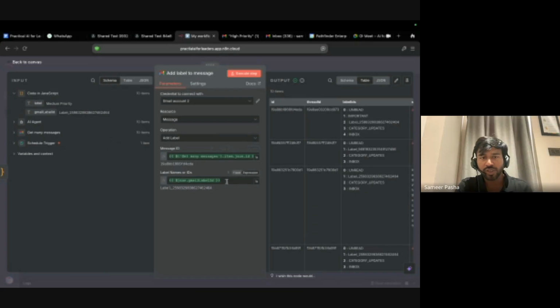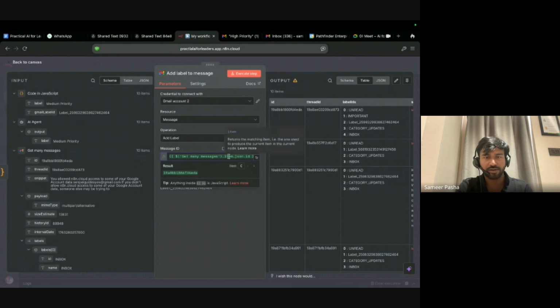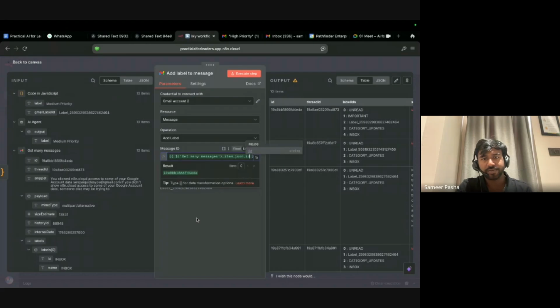Sure. So the label ID you get from here, the JavaScript. You just drag it and keep it here. And the message ID we get from here. Just drag it and keep it here.